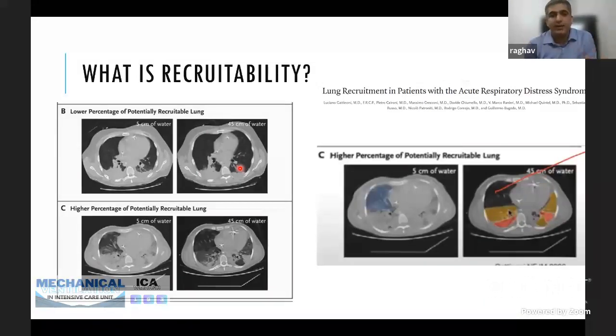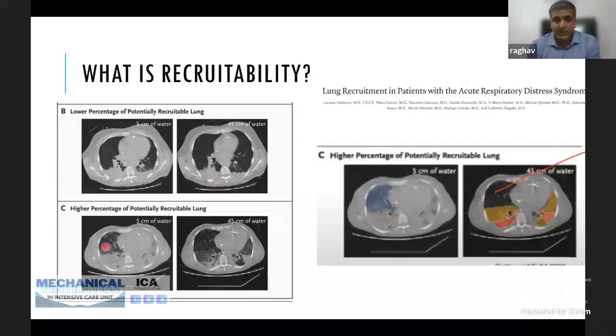But what else has the PEEP caused? You can see the heart in this picture, on the left and on the right. You compare. The heart is completely compressed with these high pressures. This was because the lungs were hyperinflated, they exerted pressure on the heart and it got compressed. So what will this lead to? This will lead to a decrease in preload and hypotension with no benefit of PEEP. And in such patients, low PEEP should be applied.